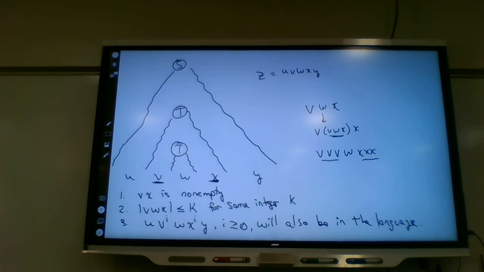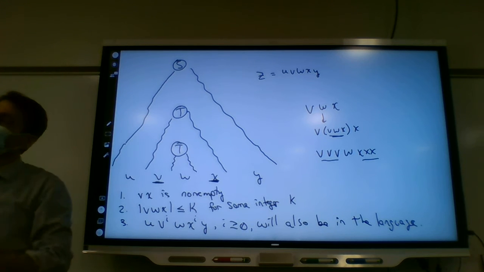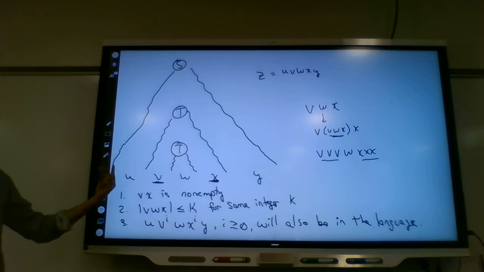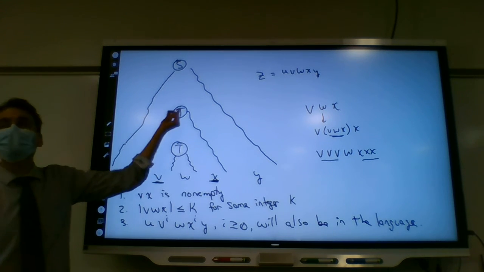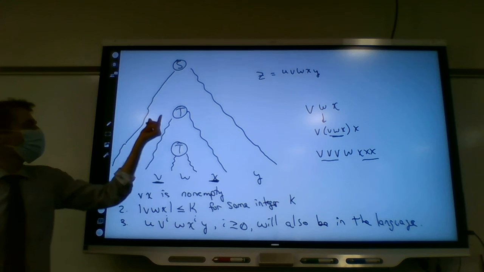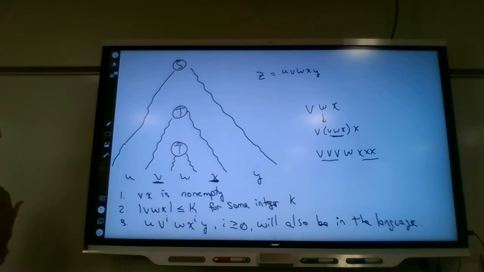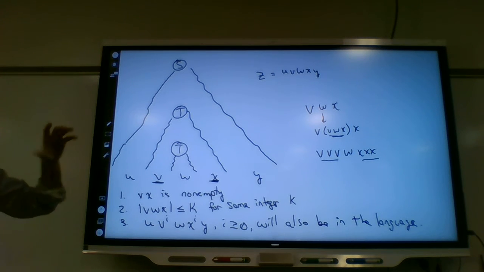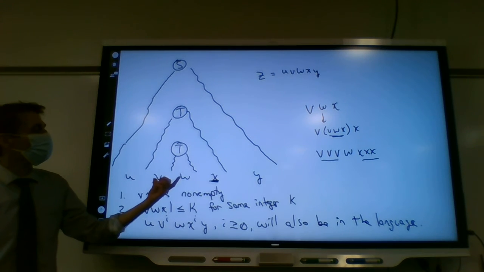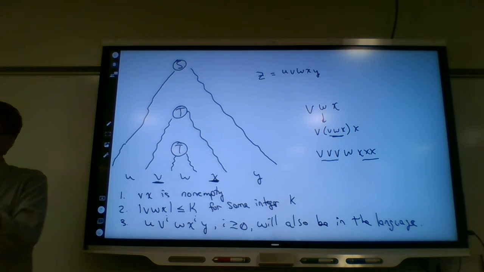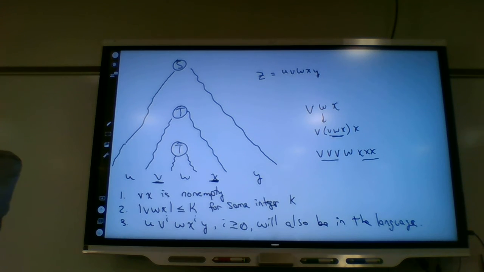And so if we have a context-free grammar and a string that's long enough, then there's some variable that's going to be repeated. Now, is that for all context-free grammars? Yes. It's true for all context-free grammars, but to prove that you can do it, you convert it to Chomsky normal form. And converting it to Chomsky normal form tells you how long the string needs to be. So this is true for all grammars because you will eventually have to reuse a variable.